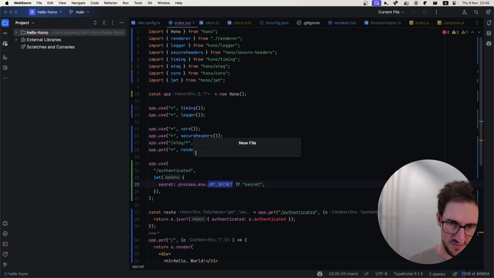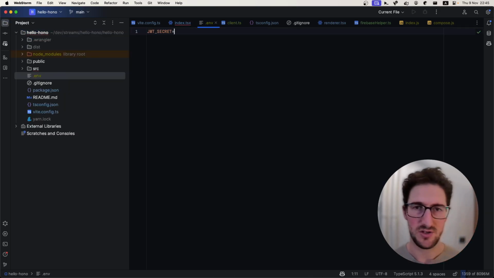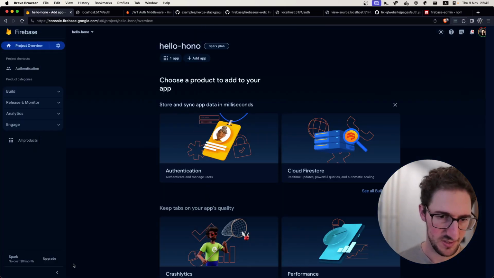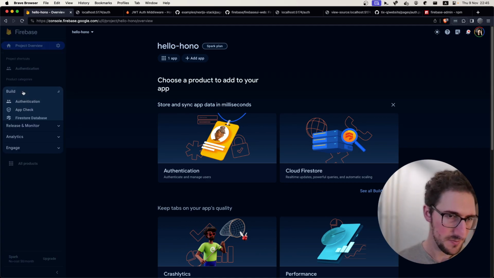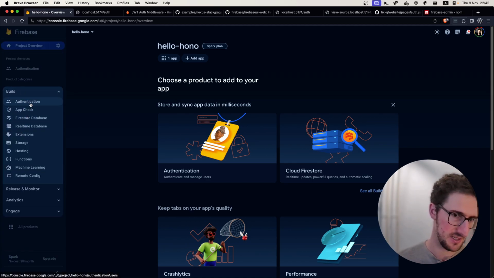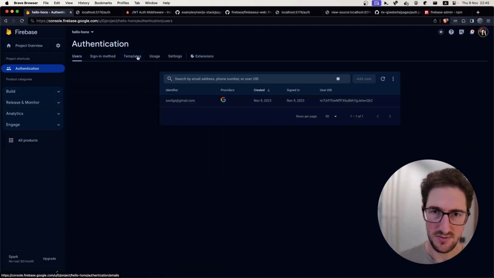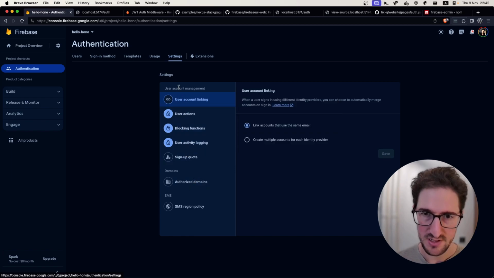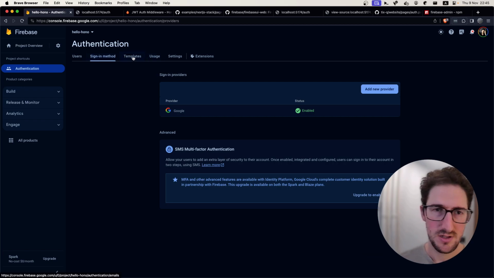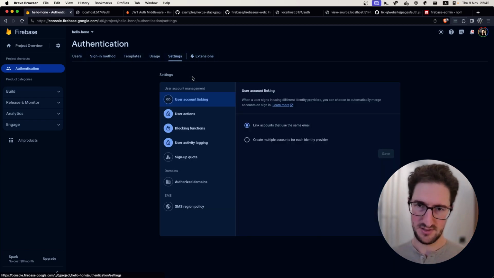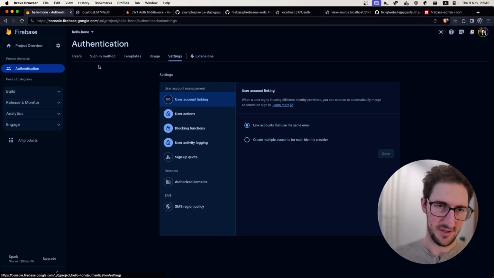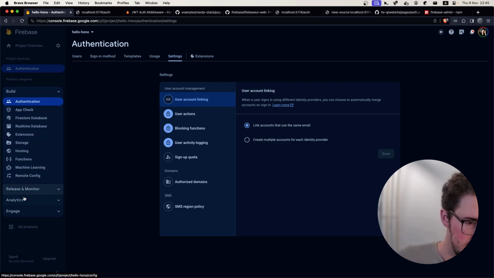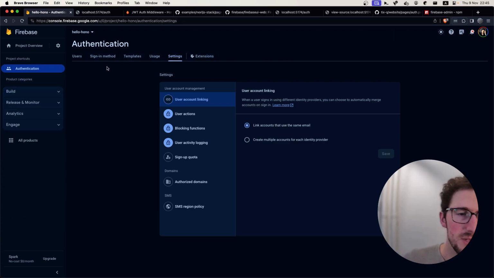creating it here. So file .env and jot secret equals to, and let's go to Firebase. Continue to console. Build authentication. And now sign-in methods settings. Authorize domain, sign up quota, user actions, no. If only I could remember where things are. Admin, remote config, function storage, extensions, app time. Maybe it's